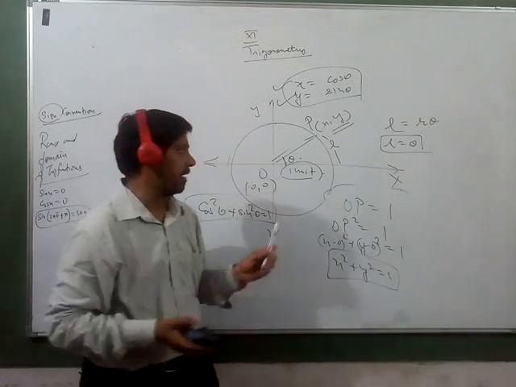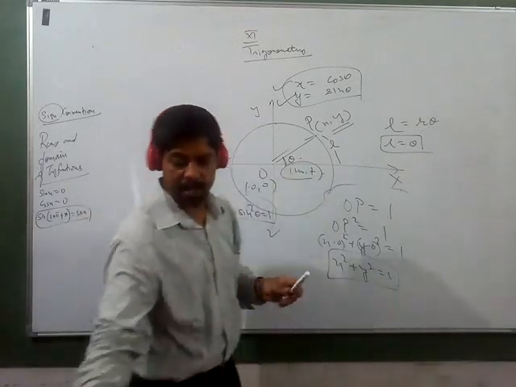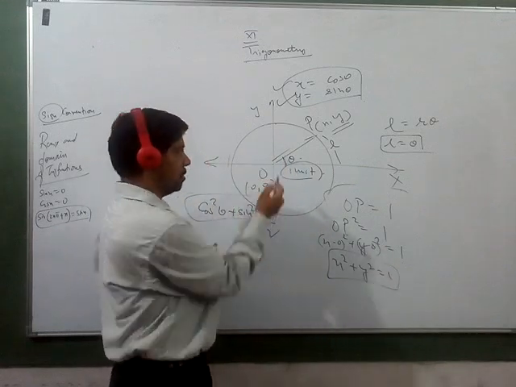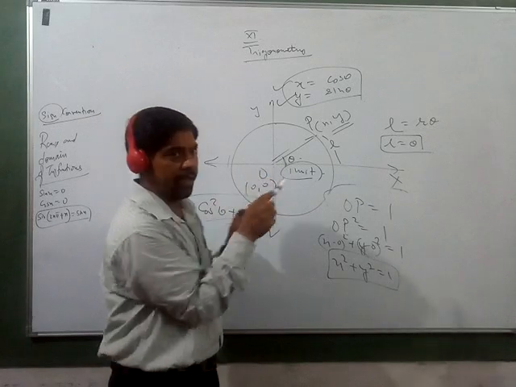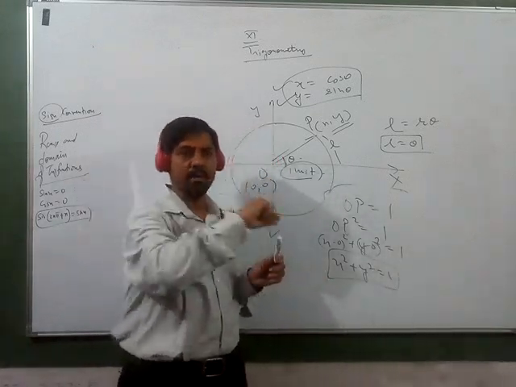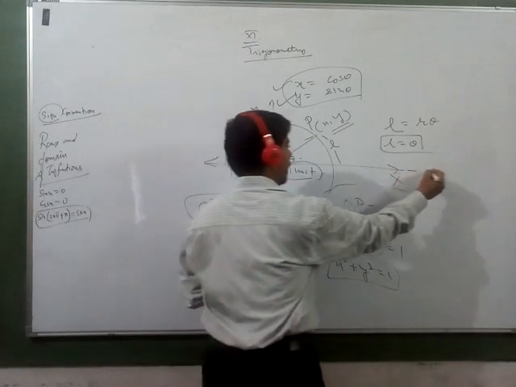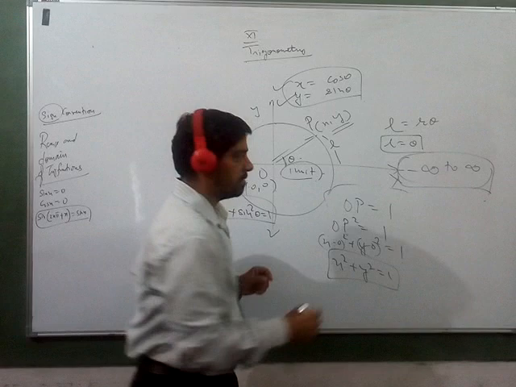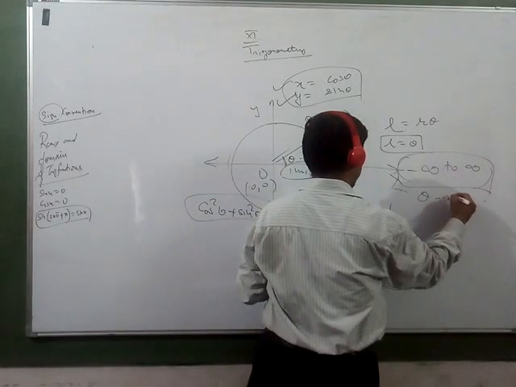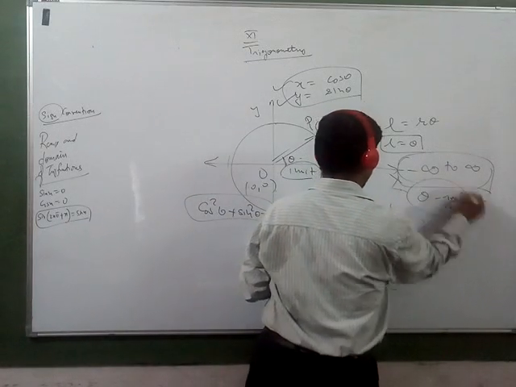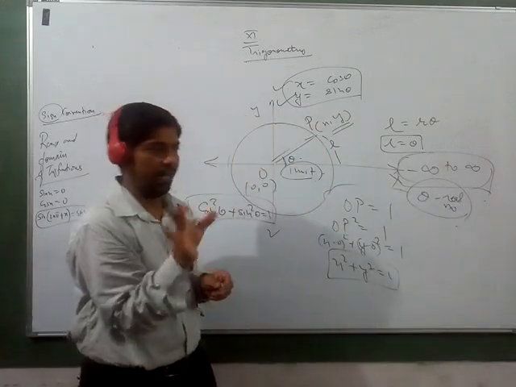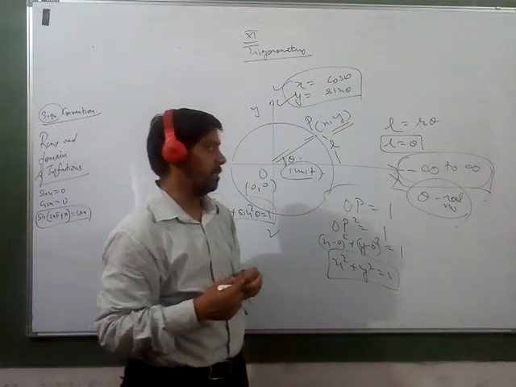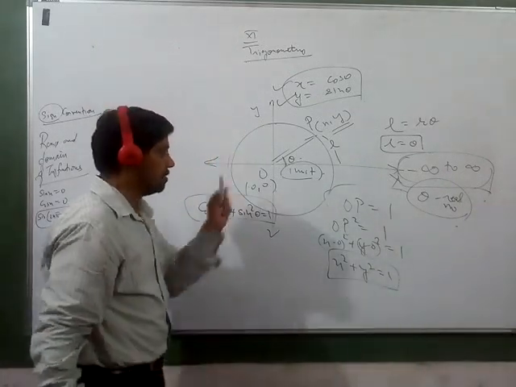Now the importance of taking θ in this manner is that θ is a real number, as I defined in the previous videos. So θ can take any value from 0 to infinity or minus infinity to 0, that is, minus infinity to infinity. θ can take any value. θ is a real number here. It is not defined only from 0 to 90. In 10th class we studied that θ ranges from 0 to 90, but here θ is a real number, right? So this you have to understand.